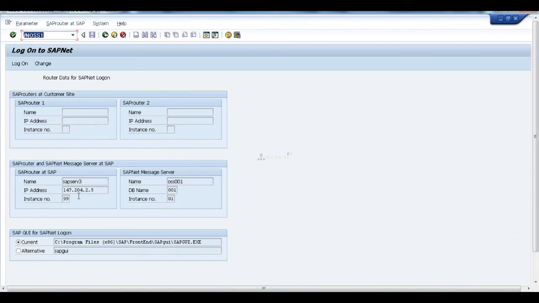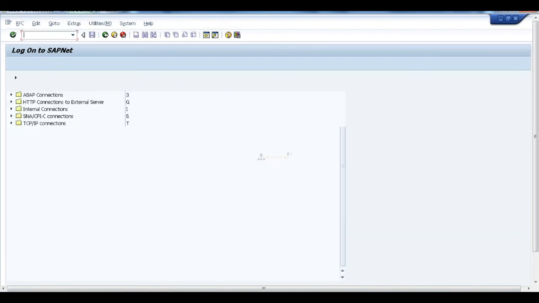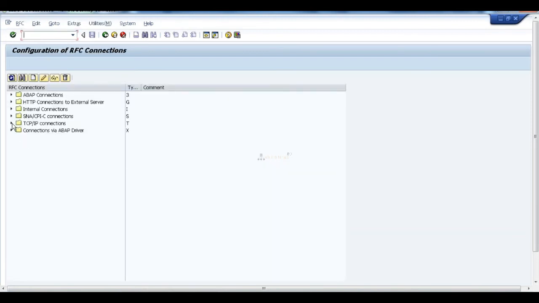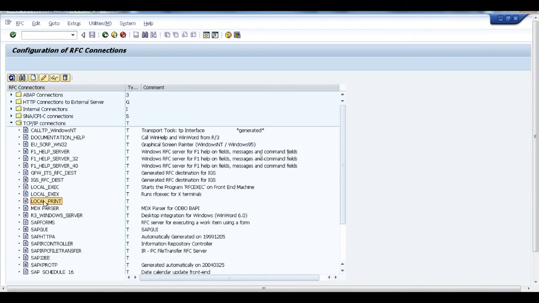Once we have given these details, after that we need to save it. Whenever you have saved, one RFC will be created in SM59. In TCP/IP connections, the SAP OSS one RFC will be created here.